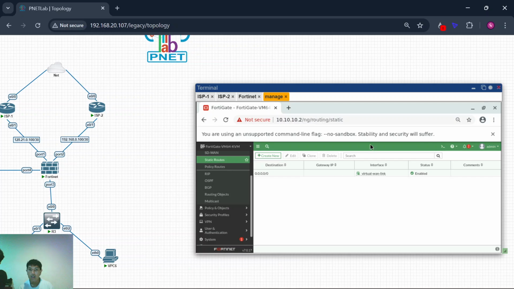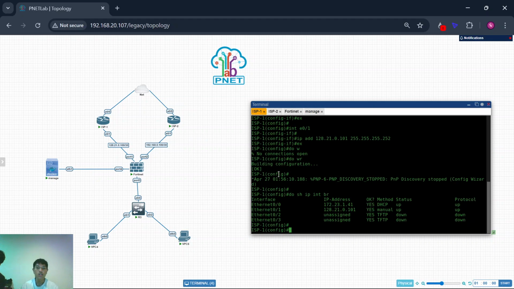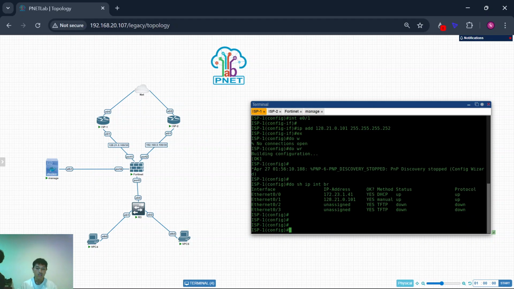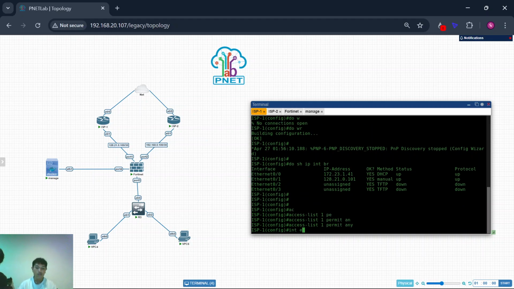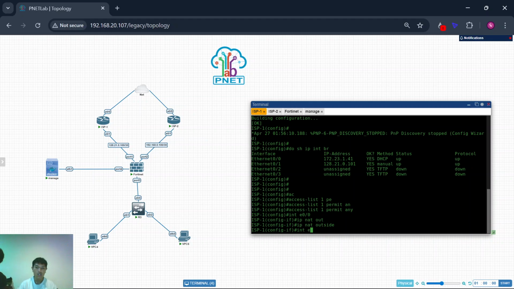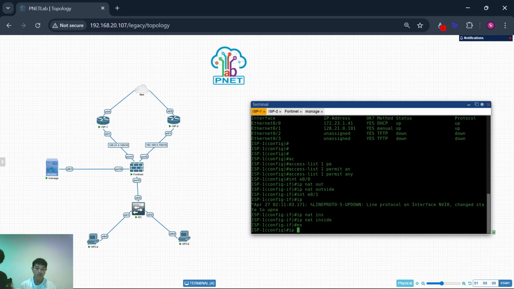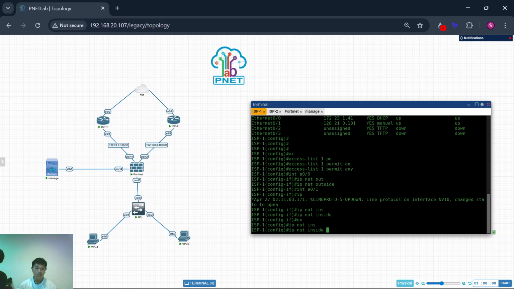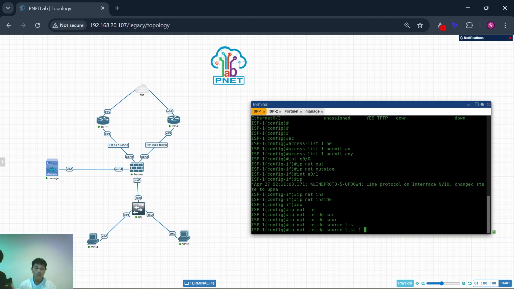So I think, oh yeah, I forgot something. You must configure NAT inside this ISP. Access list 1, permit any, okay, interface Ethernet 0/0 ip nat outside, interface Ethernet 0/1 ip nat inside, okay, exit. ip nat inside source list 1 interface Ethernet 0/0 overload.